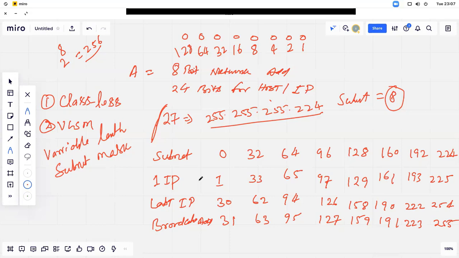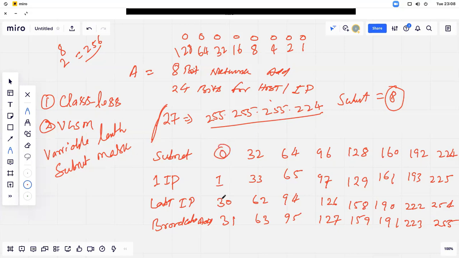How much will we get? 128 plus 32, that will be 160. Yes. So okay, go ahead. We are going to start from 129 as the first IP. And how will we calculate the last IP? So you must always subtract 2, as I told you yesterday and today also. Whenever you are calculating the total number of IP addresses, you always have to subtract 2 addresses. So you can see here we have subtracted 2 addresses.